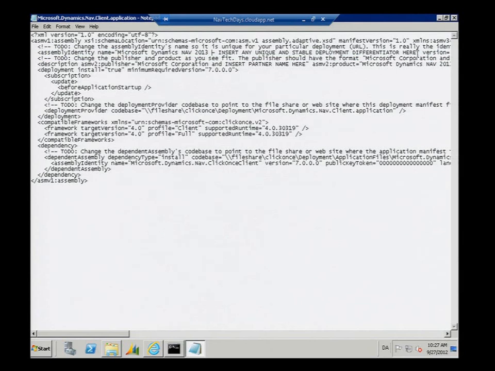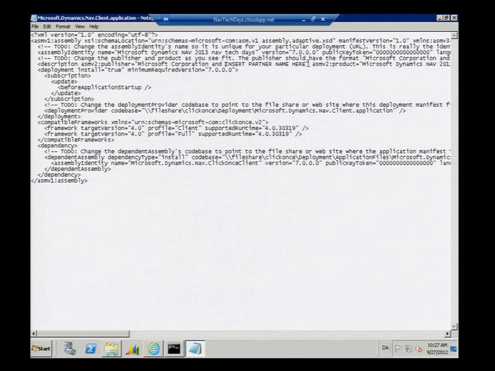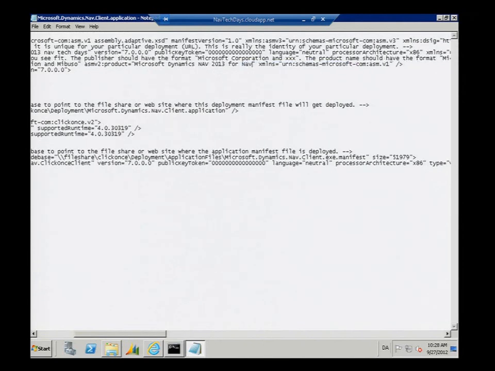What should we call it? Nav. Check this. It won't be shown anywhere. But what will be shown is the description elements here. There's a publisher. So who's publishing this? Well, it's Microsoft, but maybe we added our own add-ins to this file folder. Let's say Mbuso. And the product, we can give it a name as well. Say, well, this is for all of you, if you want to try it out.